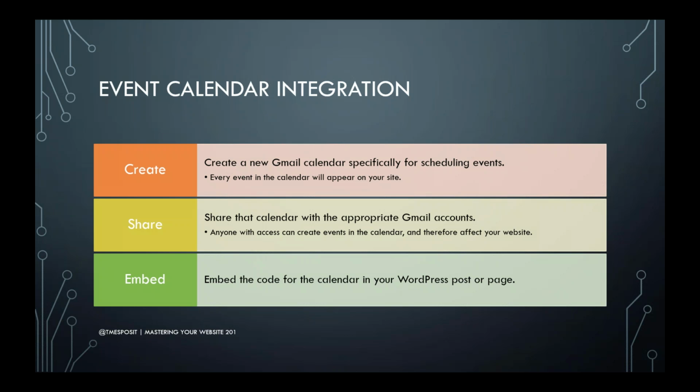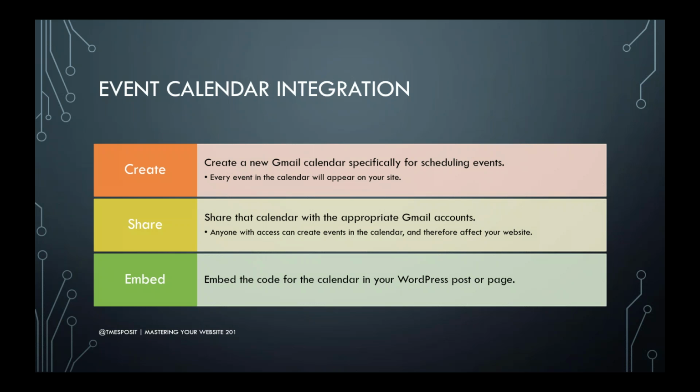So how do you set this up? I have a Google calendar specifically for scheduling events. You don't want to put your personal calendar out there, so that people see you're having lunch with your mom or something. You don't need that. You want a calendar that's just for your public events. My chapter created its own Gmail account just for that, but you could use any calendar that people have access to that is shared publicly.